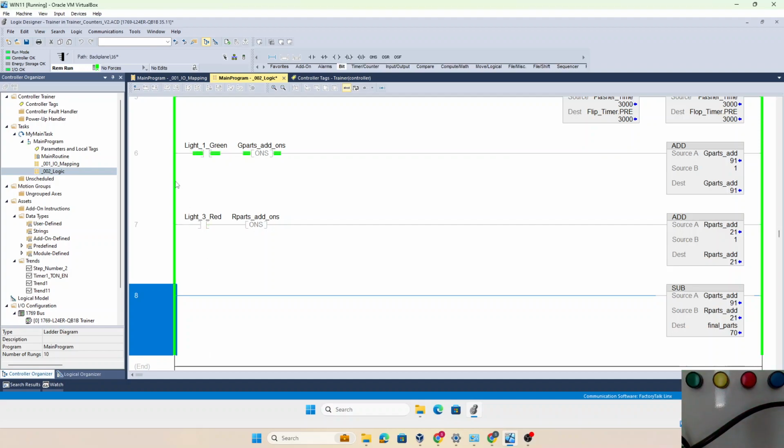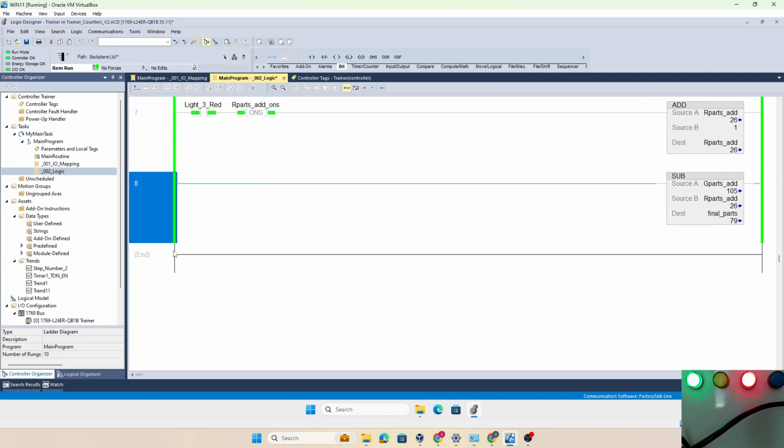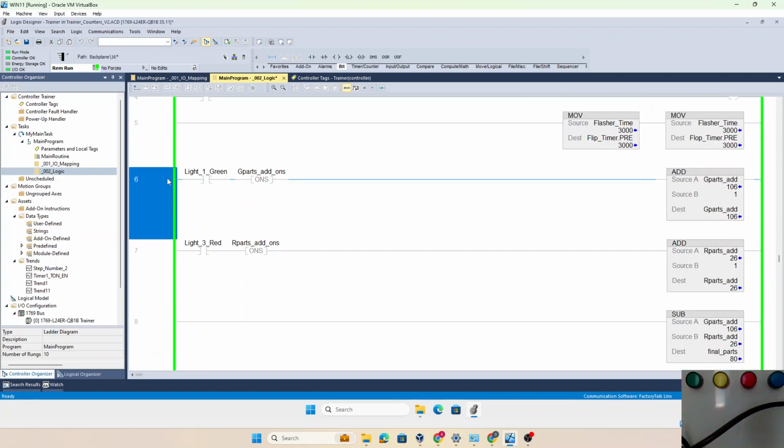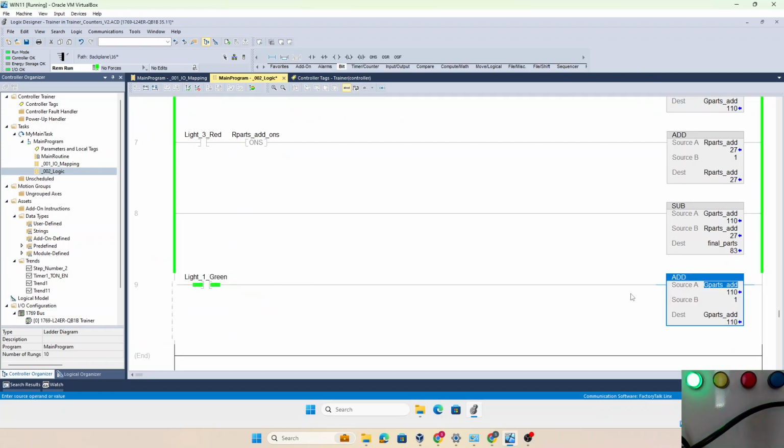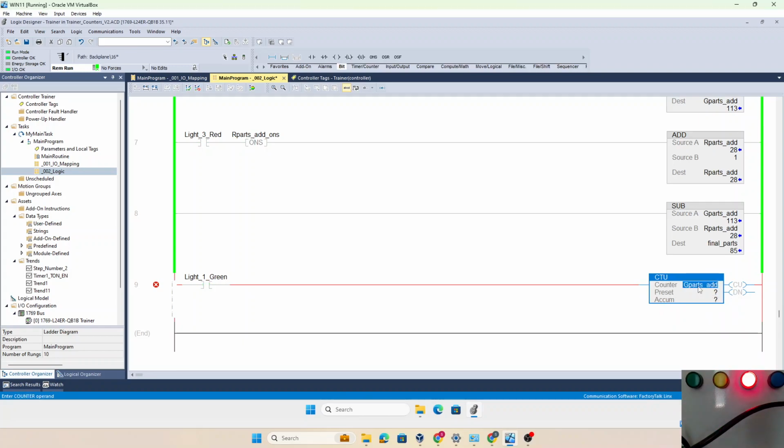Method 1 instruction is simpler, easy to understand, but things to watch out for here are we had to make sure we use one shot ONS, and any reset logic you had to consider case by case, but this is the simplest method to count. The second method we're going to talk about, same logic. We just copy the light one green. We will use a counter up instruction, CTU, and we'll just call that good parts CTU,